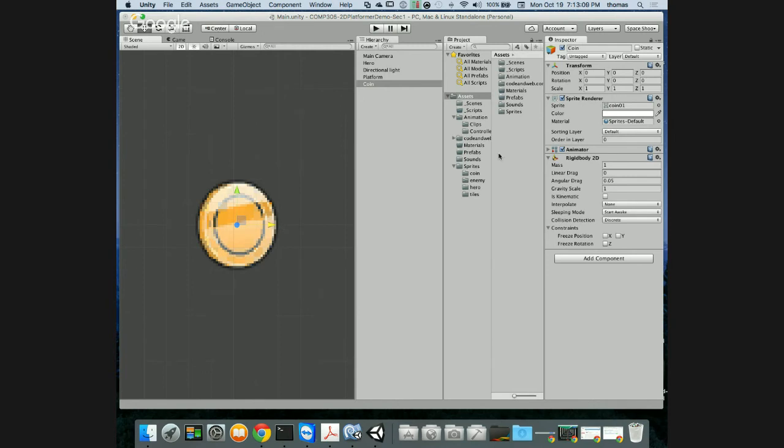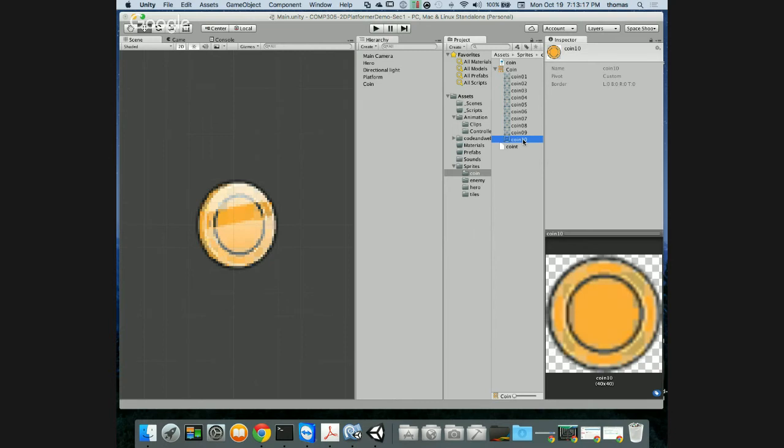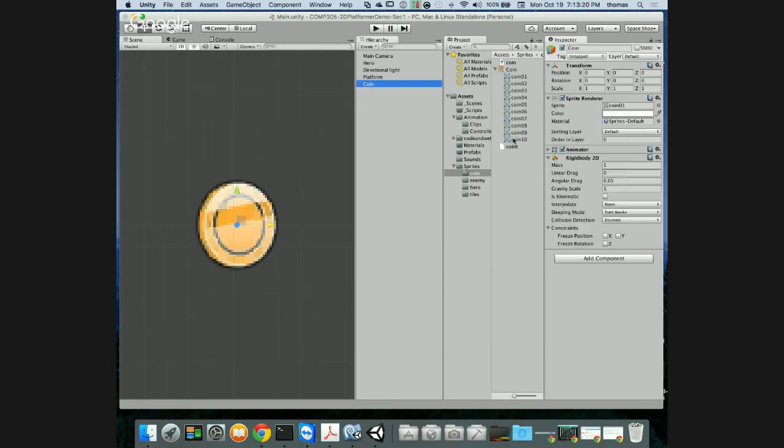So let's go into our coin sprite sheet, and instead of picking coin 01 as the default, let's pick coin 10. I'm going to drag my coin 10 across into the sprite renderer's position. Now, if you notice, it's kind of flat. This is coin 10. So this is a great way to create our own